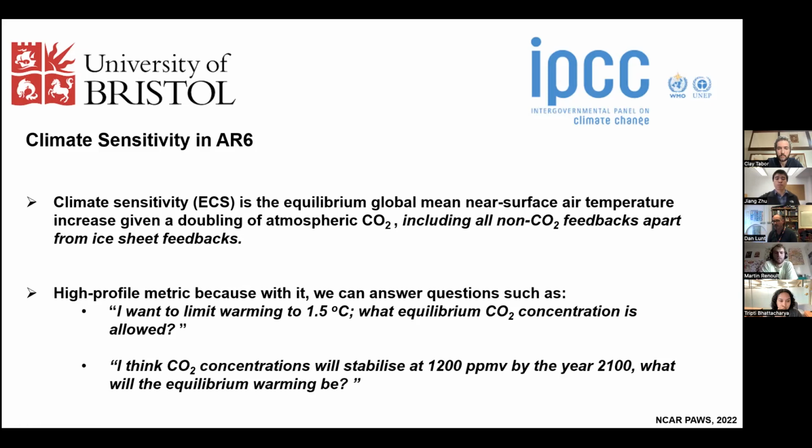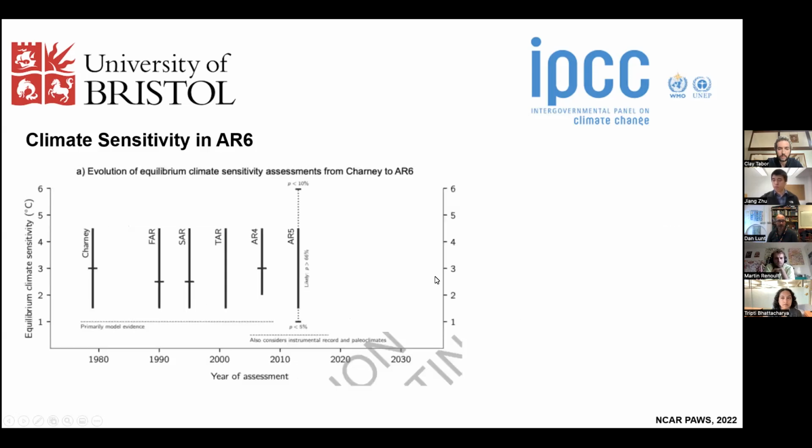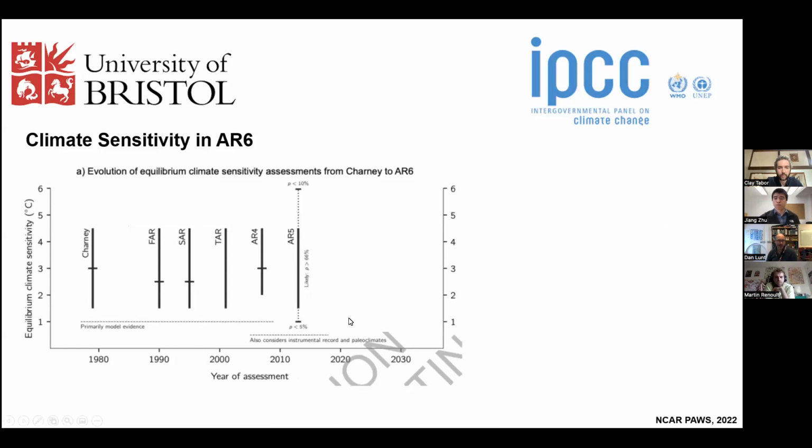Similarly, if you think you're going to stabilize your CO2 concentrations at a particular level, it will tell you what the equilibrium warming will be. And it's a key metric across science, and it's also an input to many climate impacts and integrated assessment models. So before AR6, this was the situation